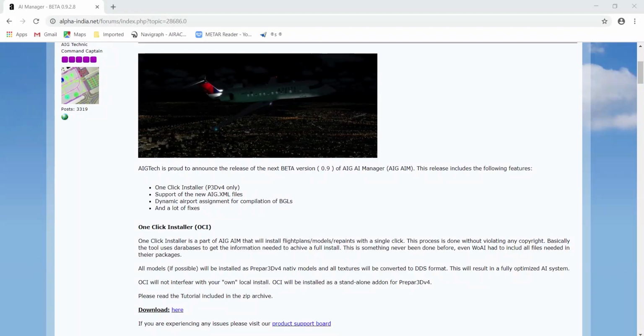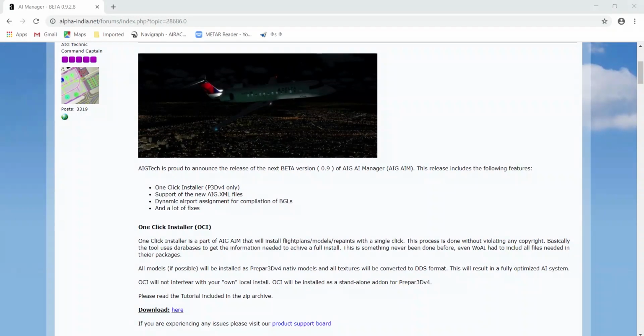Some were facing problems with the textures, missing textures or black textures, and a lot of issues which were actually related to the textures and the model part. So they have updated this tool altogether, and they have brought this tool especially for the Prepare 3D V4